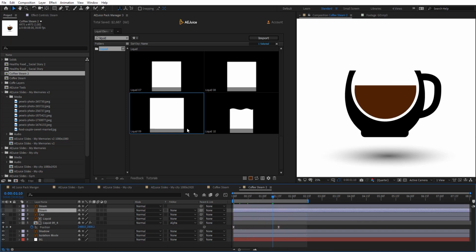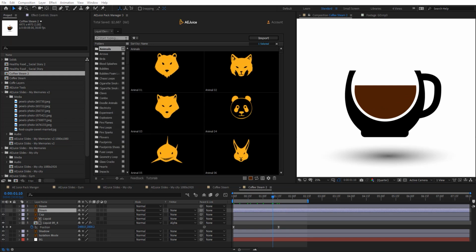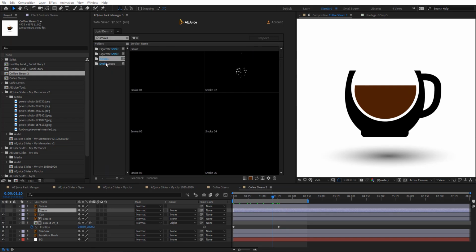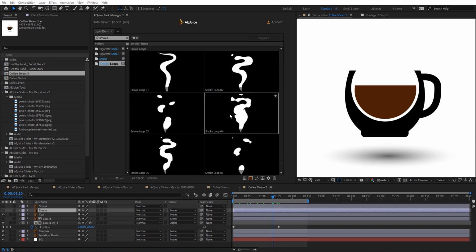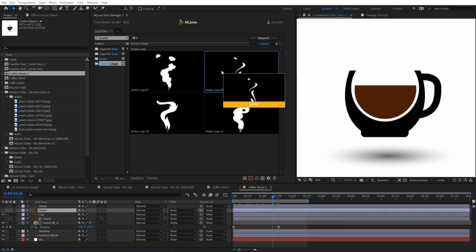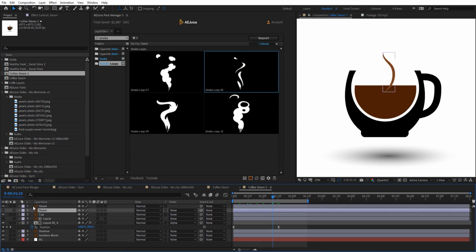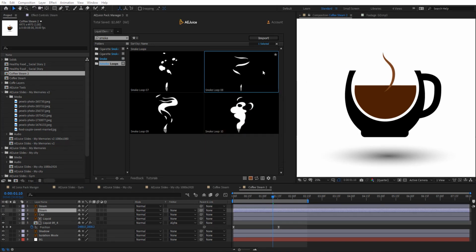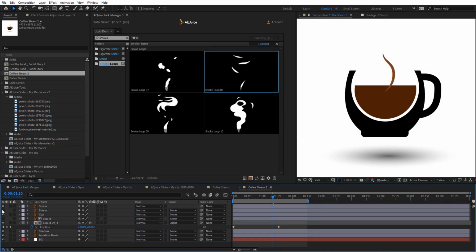That's pretty cool. So to add steam, I just look for smoke and look for some nice smoke. So I add this one. Let's pick the color for it first. So here, just quickly pick the color and drag it right there.